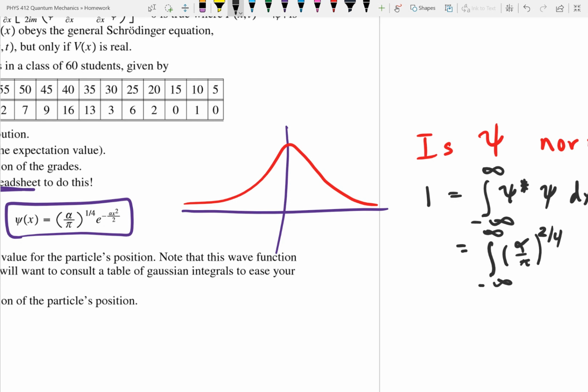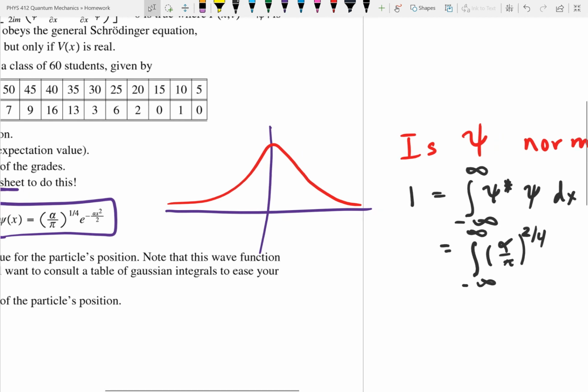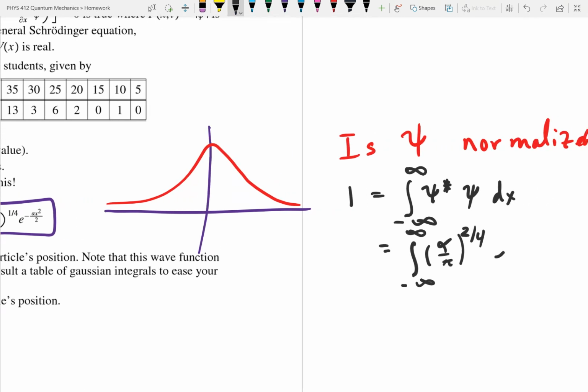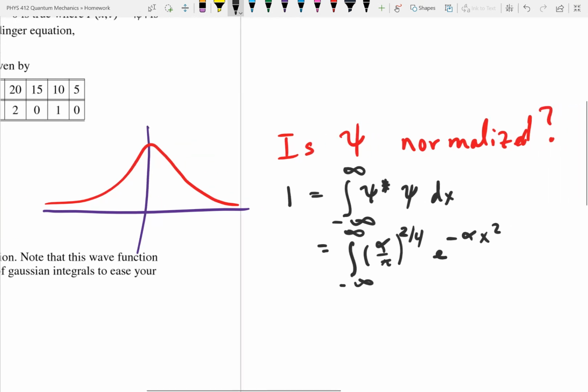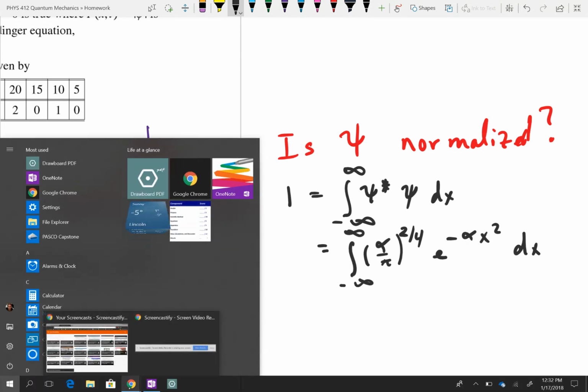It's alpha over pi to the 1/4 power squared. So 2/4, which we know is the square root. E to the minus alpha x squared, because e to the minus alpha x squared over 2 times e to the minus alpha x squared over 2 is e to the minus alpha x squared dx. So then we have to look at the integral table,